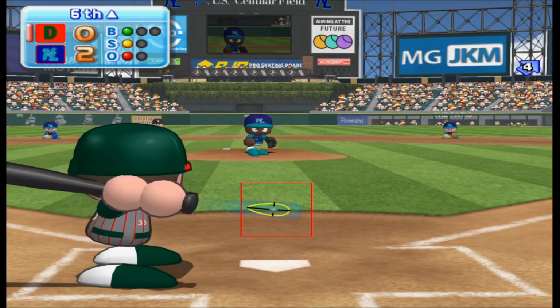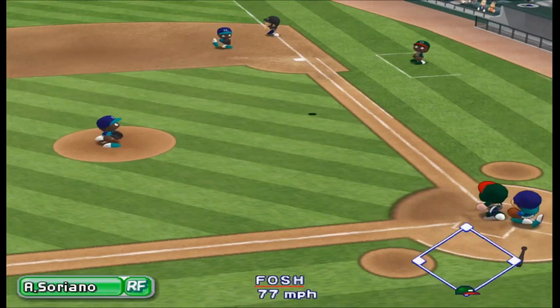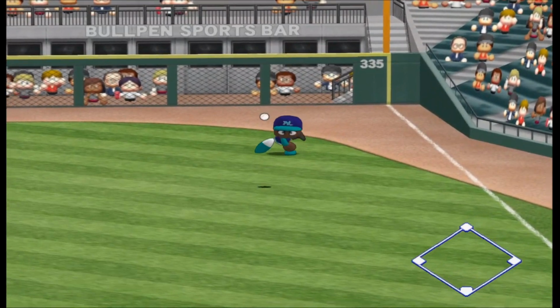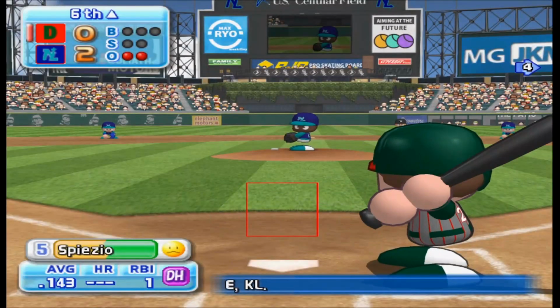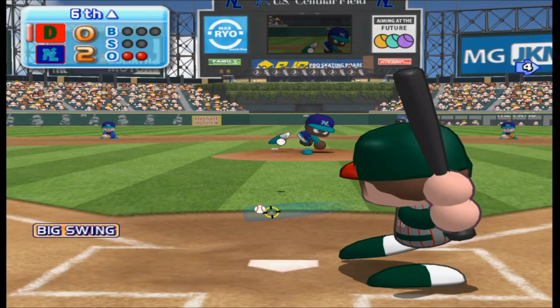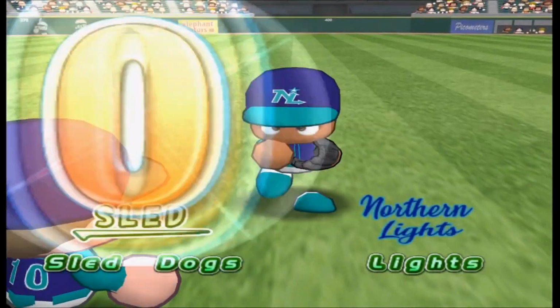That's a strike. He drives it to the opposite field. Soriano got that one. Out. Two away. We are now down to the final out for this game. Next at bat, Scott Spezio. He's set to deliver the first pitch. Thrown to first. Out. And that's the ball game.